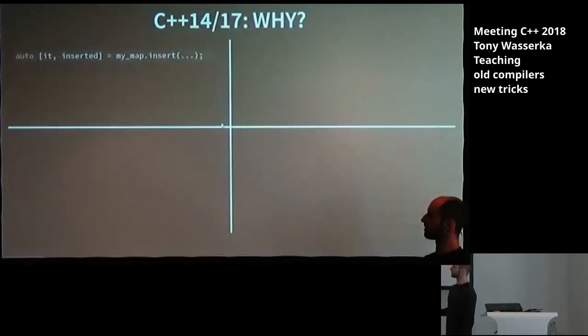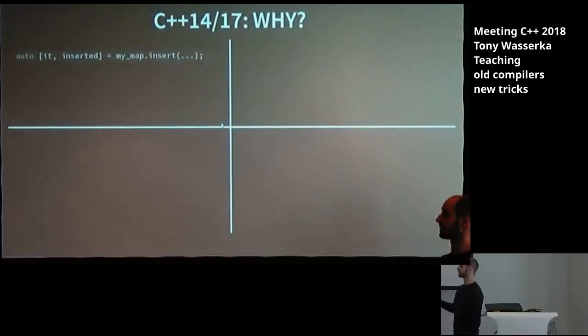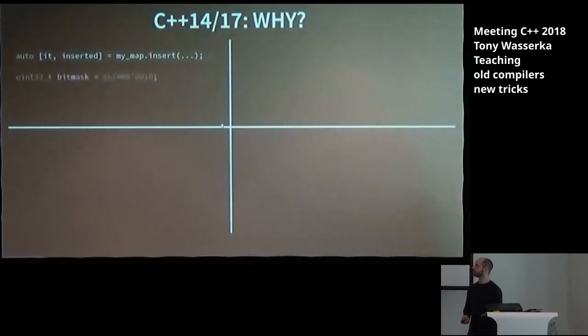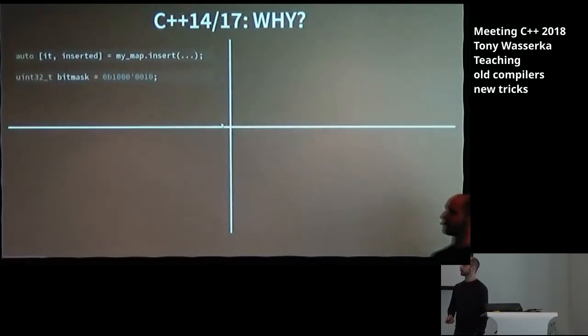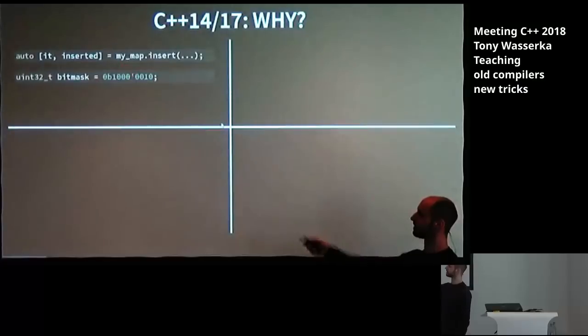So the first example here is the so-called structured bindings, which allow you to take a tuple or a pair and conveniently destructure it into multiple different variables. The advantage being you don't need to access the return tuple through the .first and .second members anymore. Another new thing is the binary literals. You see the 0b prefix here, and the digit separators right here,